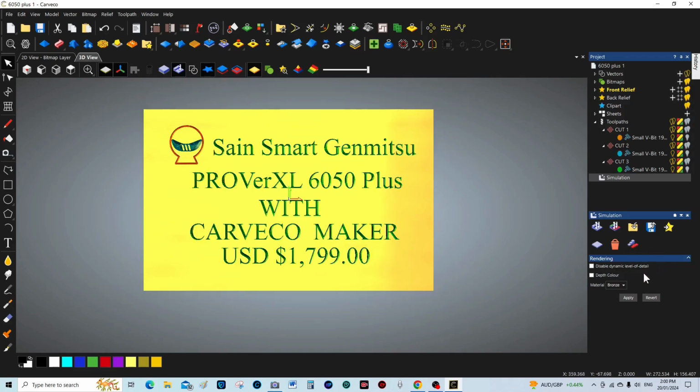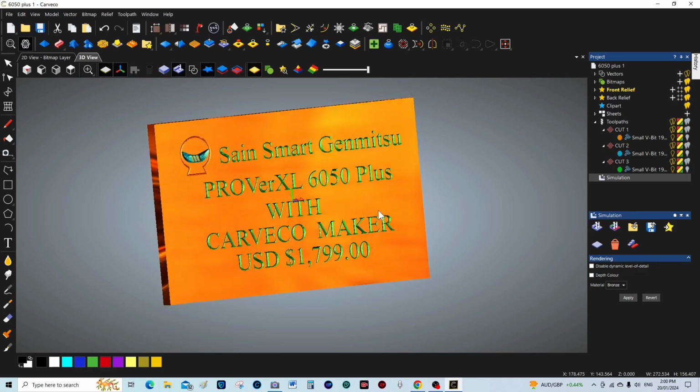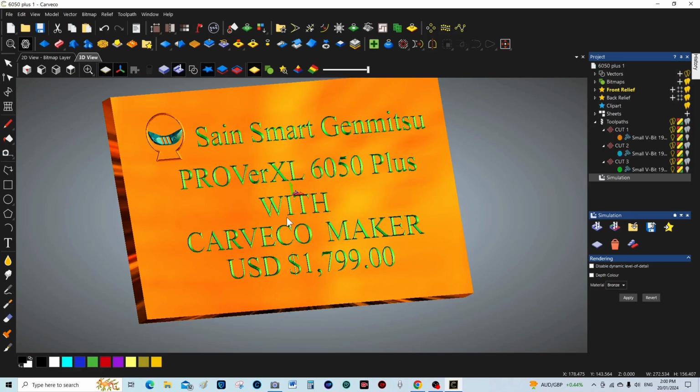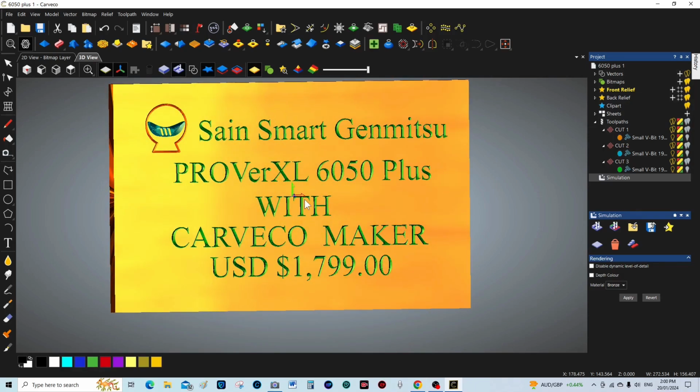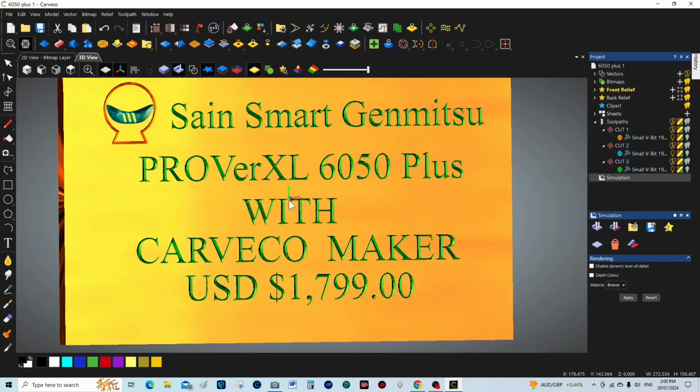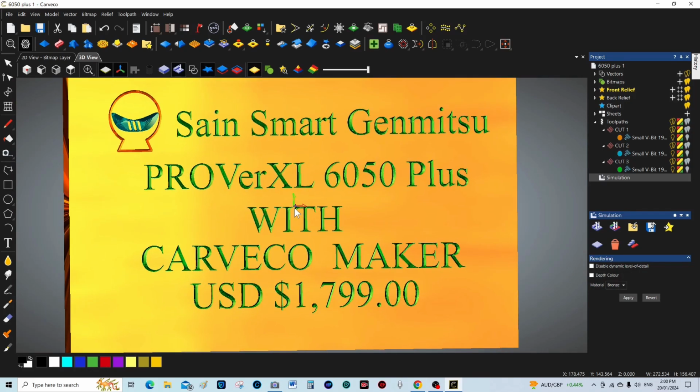Let's go to our twiddle control. Oh, look at that. Doesn't that look nice? This is a fairly new feature, I think, that you can do your simulation in color. It makes it stand out, and if you are doing this for a customer, you can take a snapshot of this and do it in any